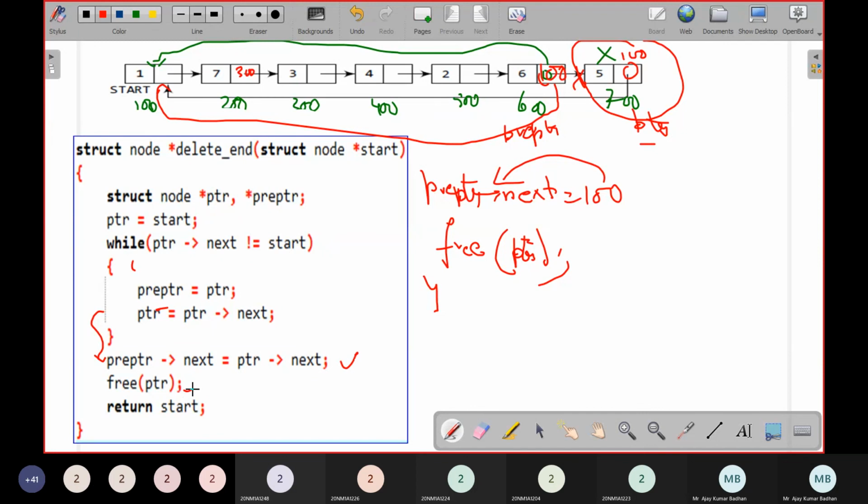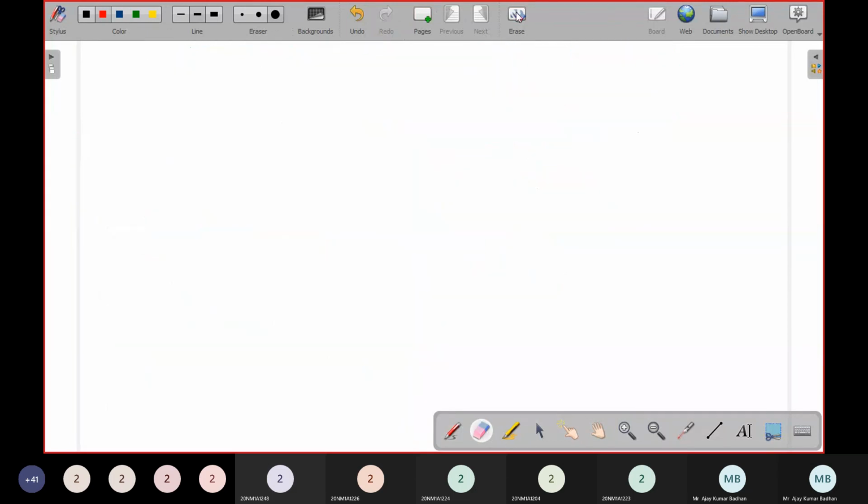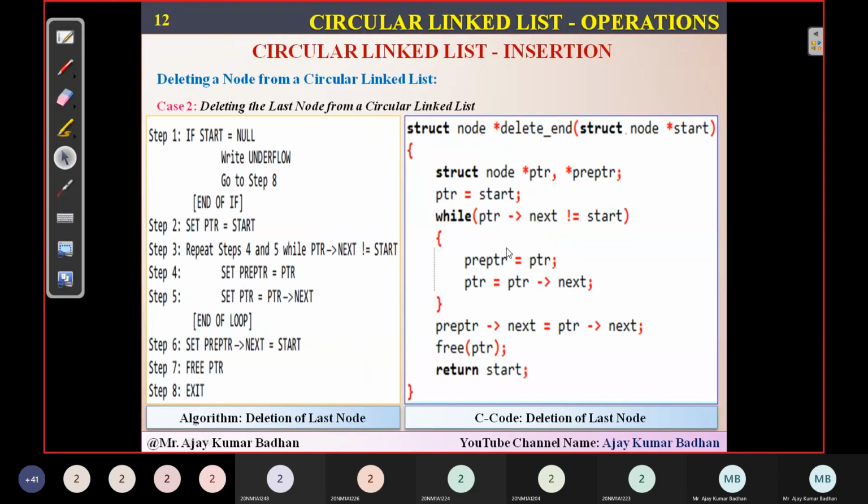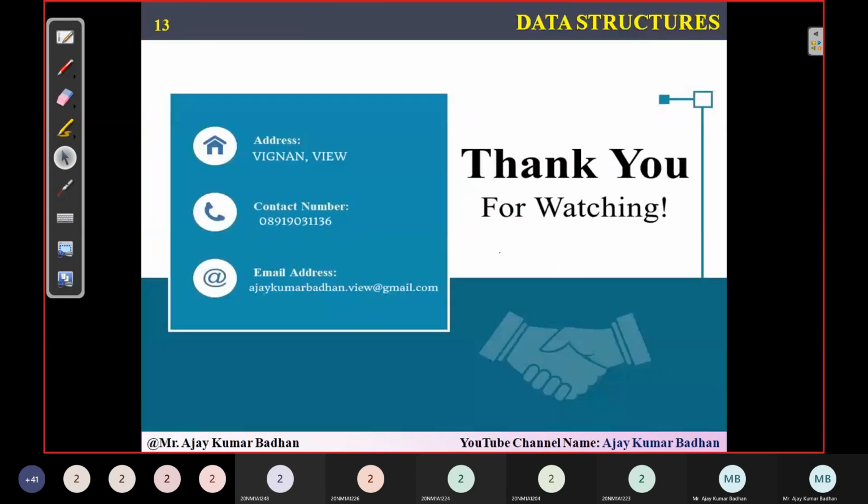Using two steps, you are able to solve the problem. But the only thing is, you have to traverse and you should be able to access those two particular variables using which we can perform the operation. And the remaining process is the same for all this. I hope you have understood exactly how it works. So this is what we have for this particular session. This is all about insertion and deletion.